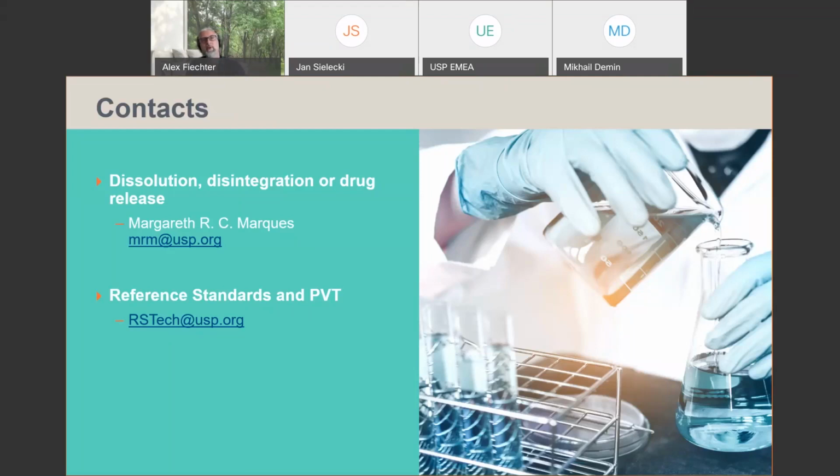If you ever have an issue with reference standards in general, or in this case with the PVT, please send your email with the technical concern and question to rstech@usp.org. Why? Lisa Corbin, who is managing this email address, is funneling all requests, concerns and questions into one database, and so will be able to identify any issues occurring from reference standards if they are coming in on a multiple basis, which is a good indication for us to make sure we maintain the quality of the products.